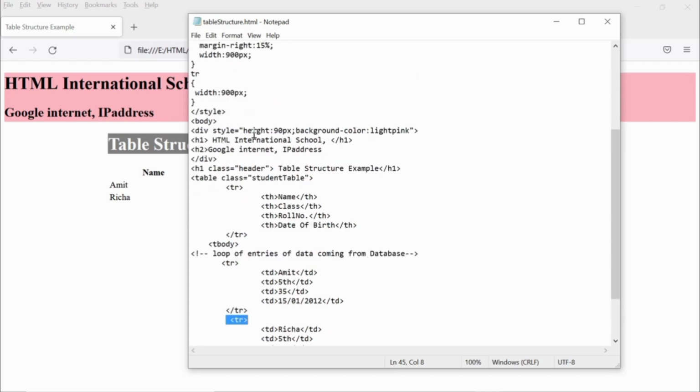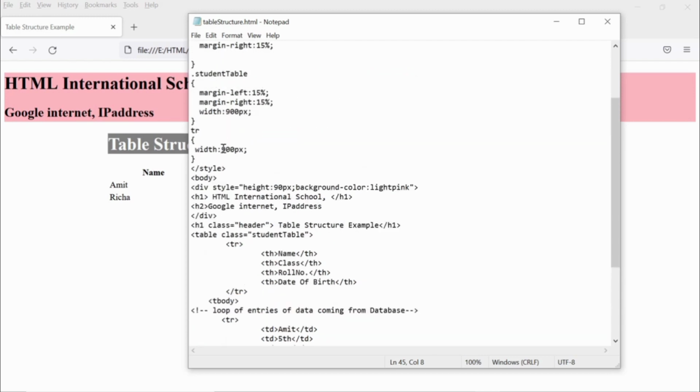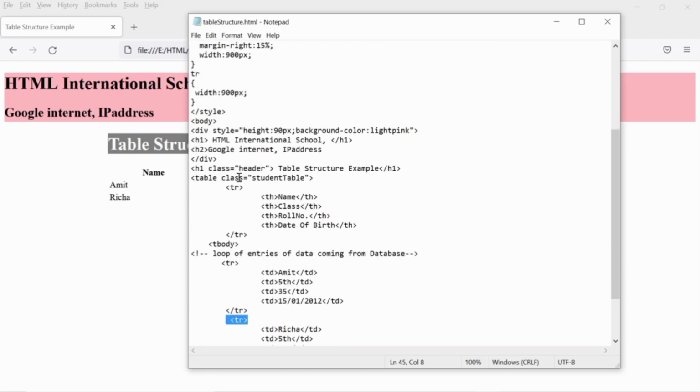So let's add inline style to the tr. Let's add style, it's equal to... there might be a left line issue. Let's add style width is equal to 900 pixel for the first row to be aligned in the left and just come together at the bottom.